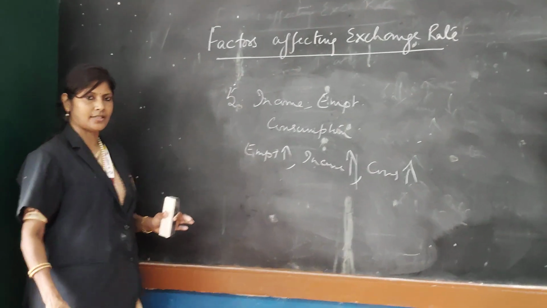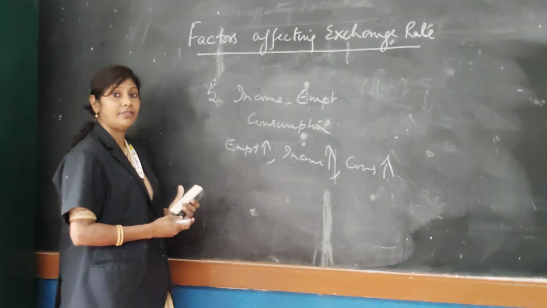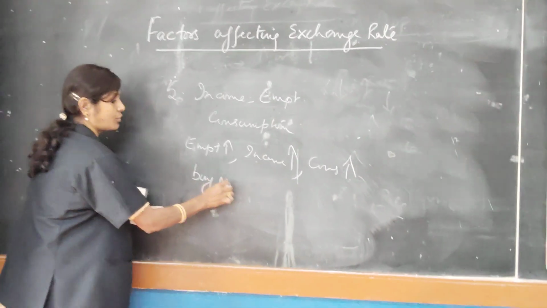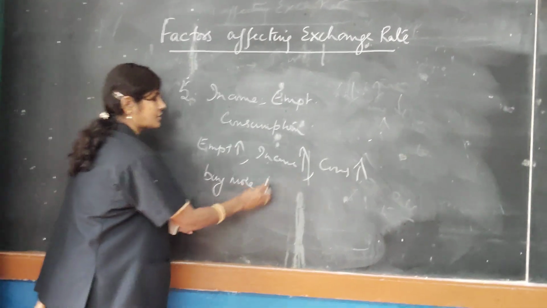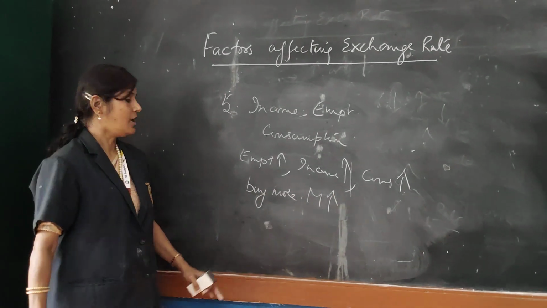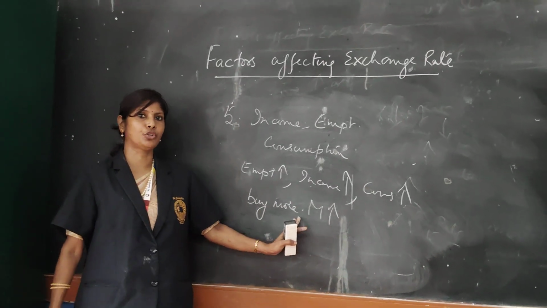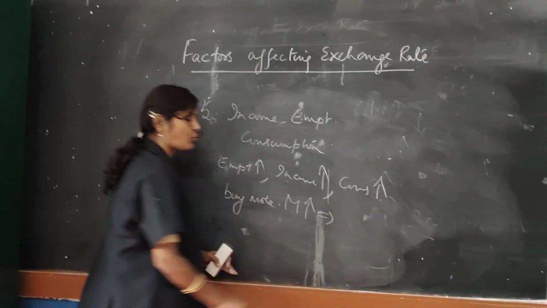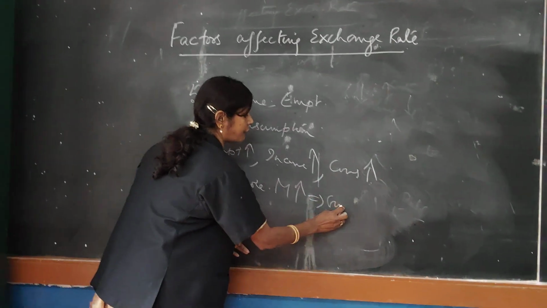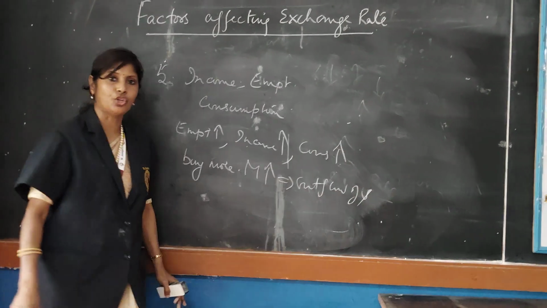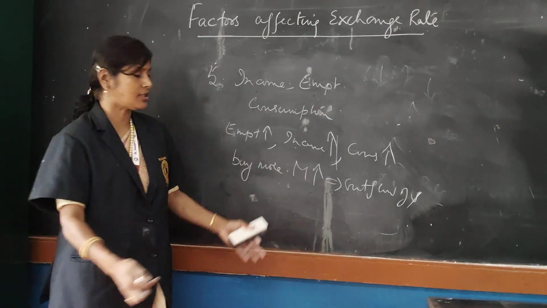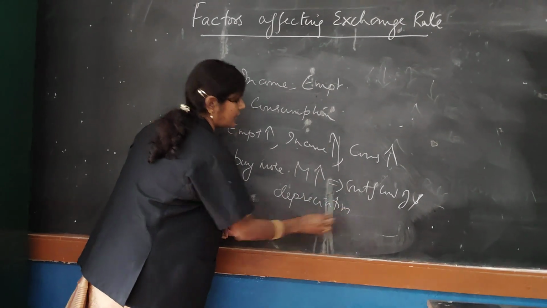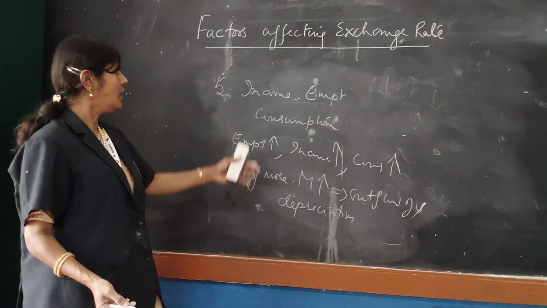So when the consumption increases, right, people have more money with them, and they will buy more of. What will happen? They will buy more foreign goods. Imports will increase. When they buy more imports or the foreign goods, definitely the imports will increase. When the import increases, what happened? As I told you, there will be an outflow of dollars. Okay. So due to the outflow of dollars, there will be a depreciation in the exchange rate. Okay, so this is what I wanted to tell you, and vice versa.